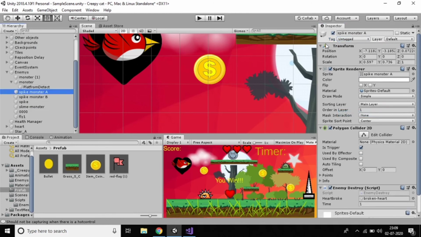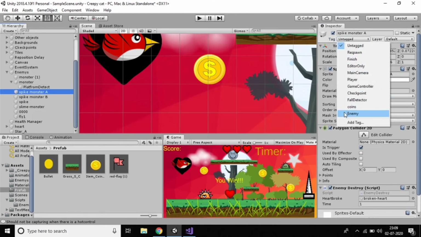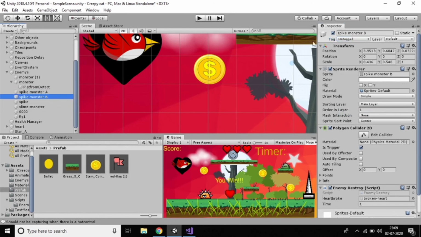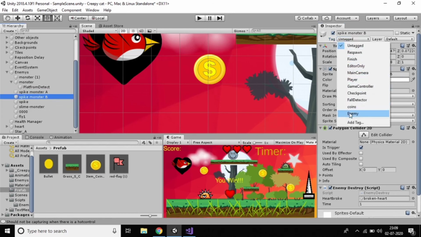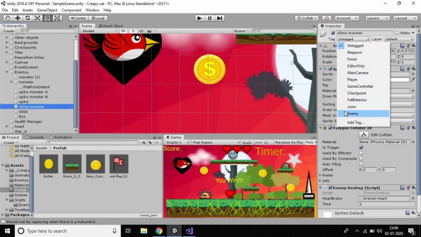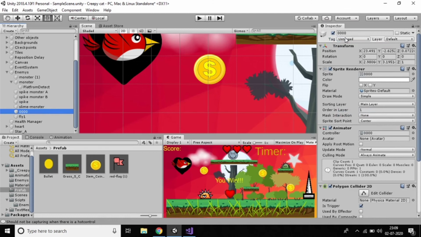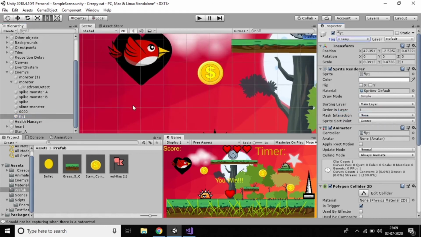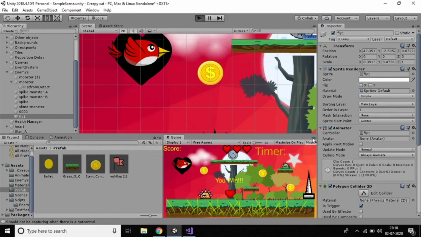Just go to the sprite and make it enemy, for every enemy I'm adding, right? That's it. I think I added it to every enemy. So just press the play button.